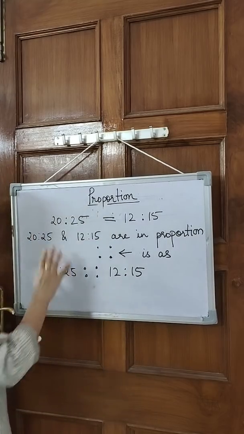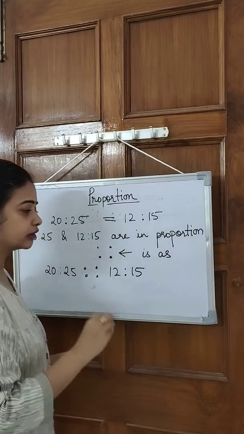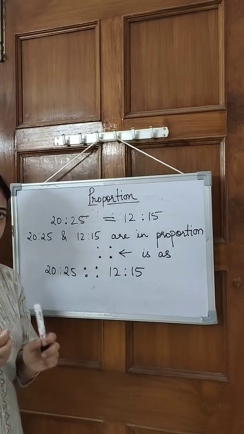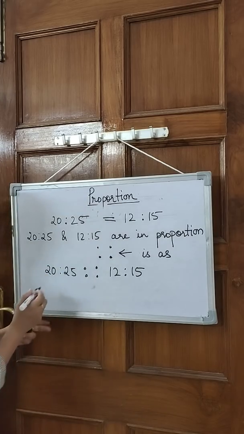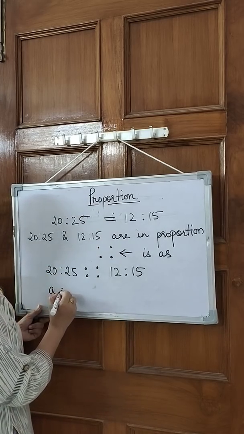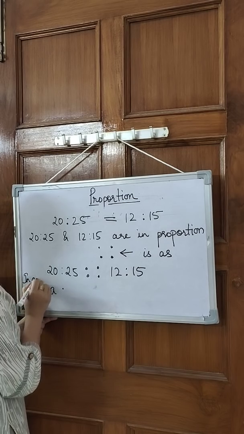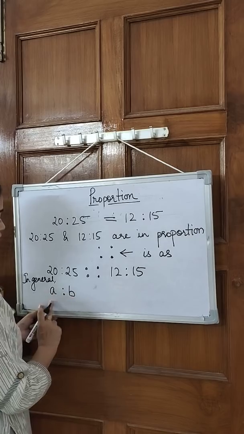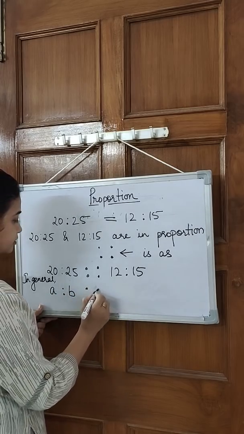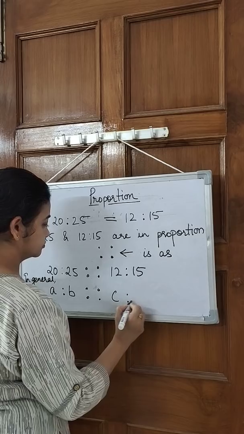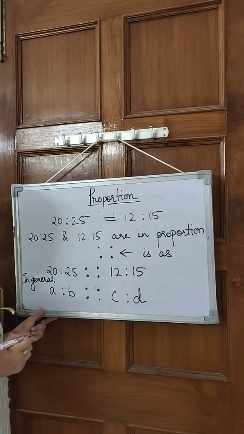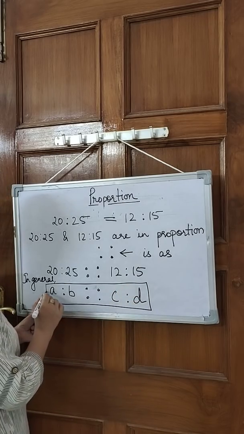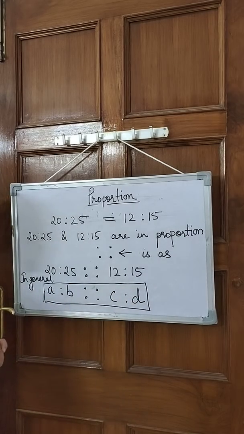Yes. Now these are numbers that I have taken. Now let's take a general formula. When we take a general formula, what do we use? We use alphabets. So we'll use alphabets here. So we can say that if I have any ratio in general, A is to B, any ratio A is to B is in proportion with C is to D. Yes, this is what proportion is. Okay, then we say they are in proportion.